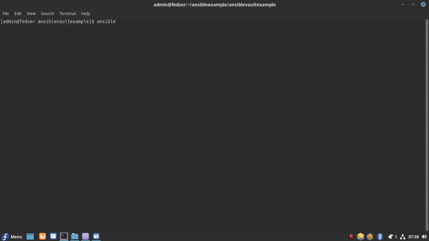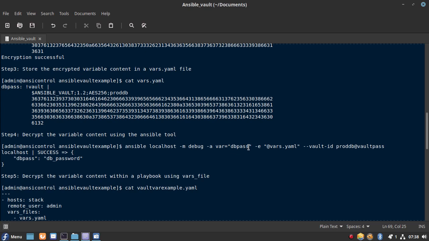We are going to run this on localhost just to test. So ansible localhost -m, module name is debug, -a the optional parameters that we want to pass.